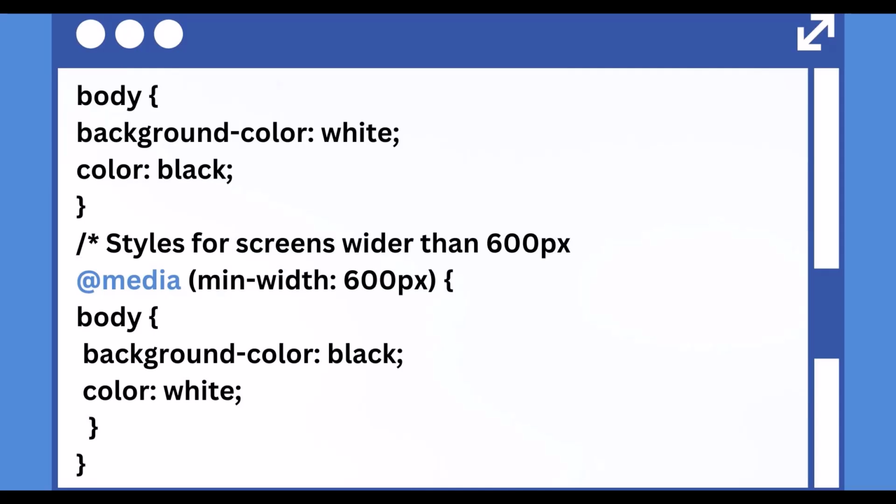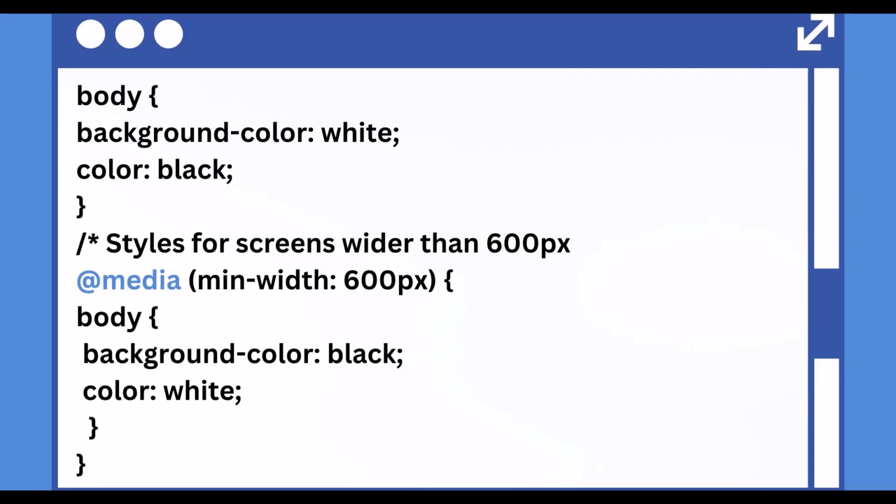CSS also has a concept of cascading and specificity. We're going to cover those in more detail later in this section about CSS. They determine how styles are applied when there are conflicting rules. The order of your styles and the specificity of your selectors can affect how your styles are applied. And we have an example. We have a paragraph color red, and we have selectors here, but we're going to talk about selectors in future videos.